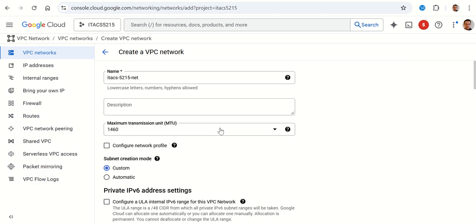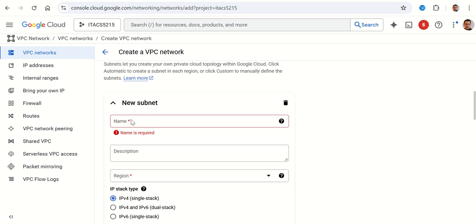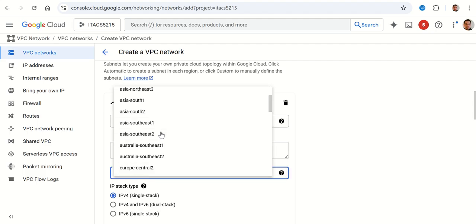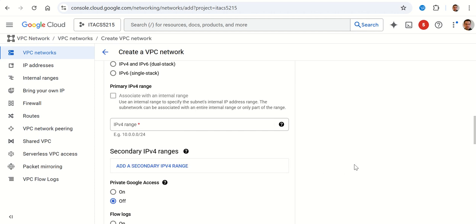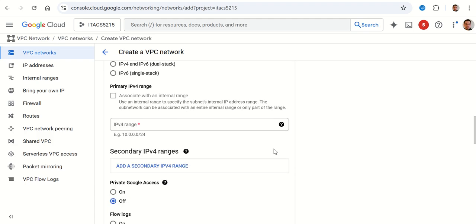So my first subnet, I'm going to call it the same thing, iTax 5215 subnet. I'm going to put it in the same region that I know my machine is in. So my machine's running in US Central 1, so I'm going to select the same region. Otherwise, I won't be able to use it. I'll use IPv4, single stack is fine. For the IP range, when you set up a subnet, you have to tell it what range of IP addresses. On this one, I'm going to go with